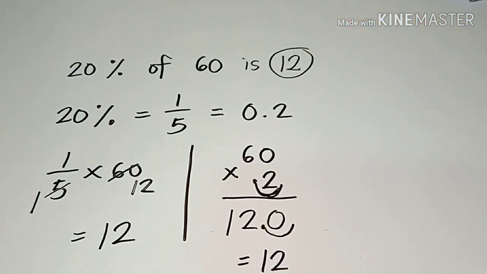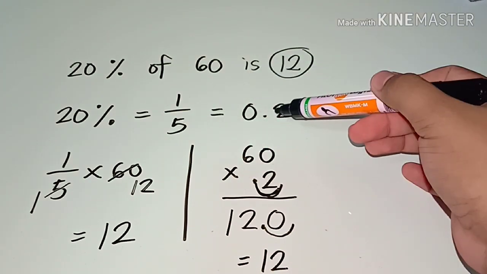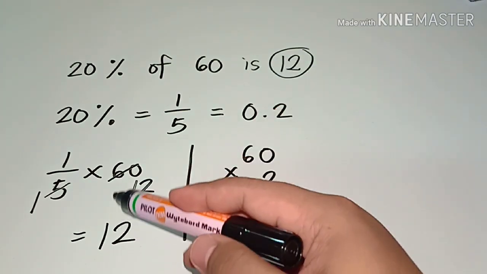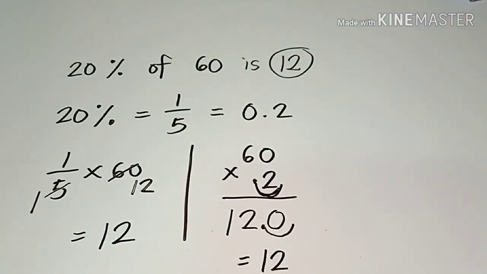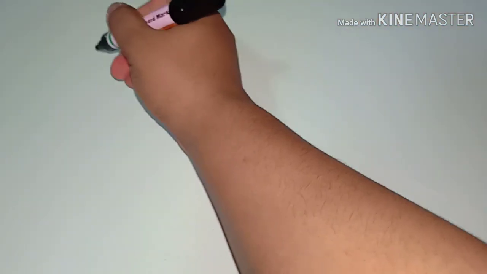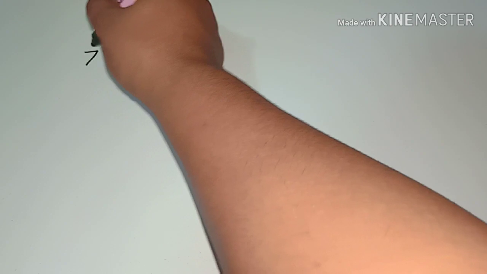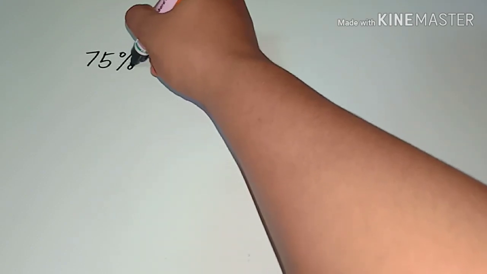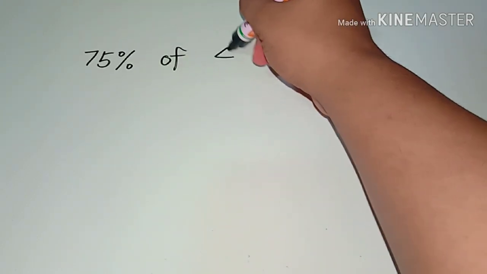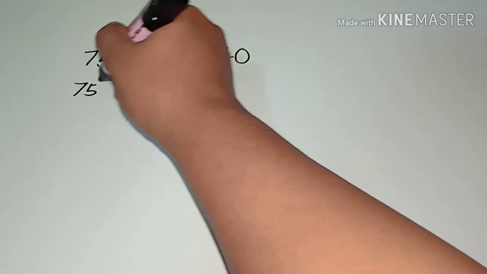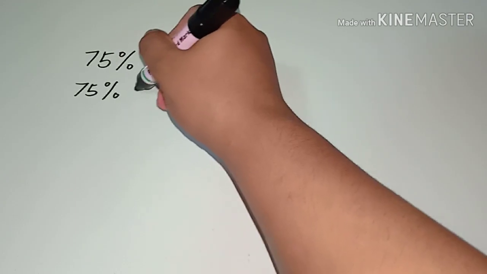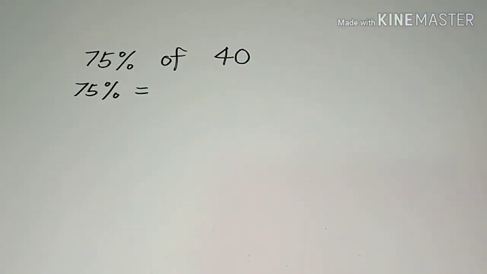So we just convert the percentage into a fraction form and the decimal form. Then we just use the multiplication so that we will get the percentage of the number. Next example is what if we are looking for 75% of 40. So again, we will copy 75% first, and we will convert percentage into a fraction form, and